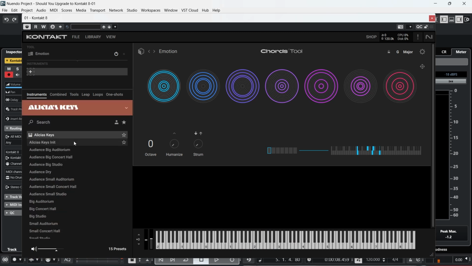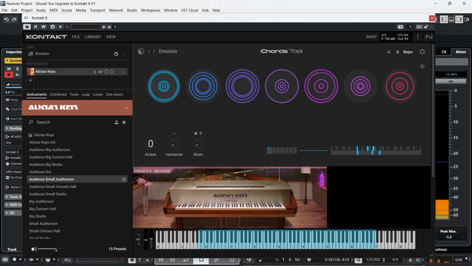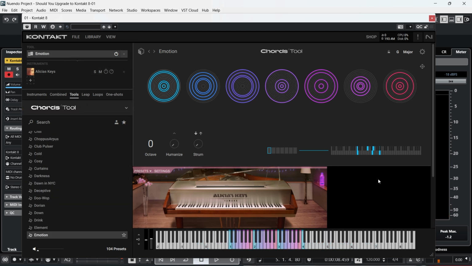So I'm going to use Alicia's Keys, and we go for any of them. Doesn't hugely matter. I'm going to turn previews off now, actually. There we go. So you can see it with the keyboard going on. Now, one thing that is quite apparent is